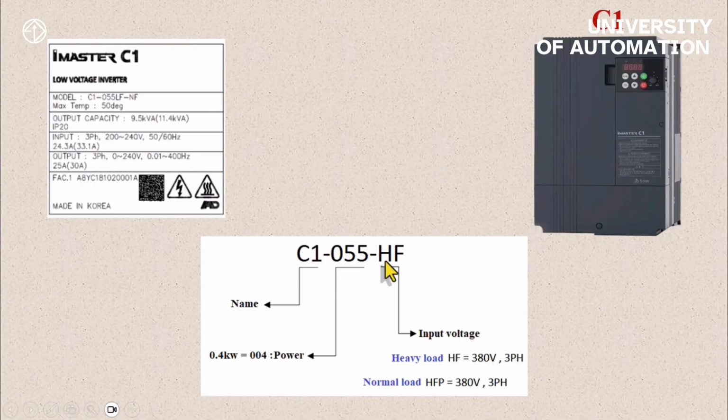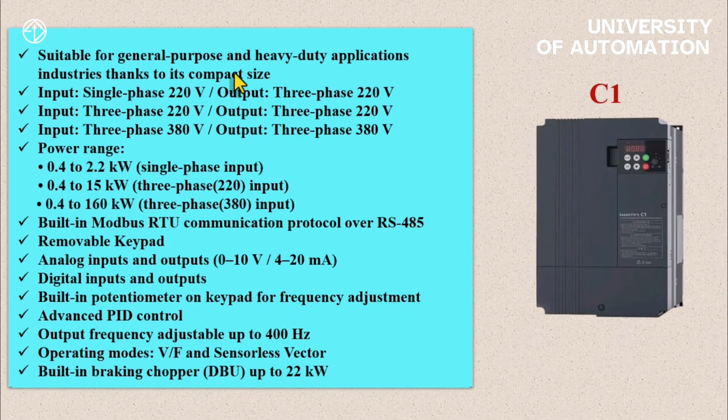The last part, after the second dash, specifies the input voltage of this inverter. If it says HF, it means 380 volts heavy duty, and if it says HFP, it means 380 volts normal duty. If it says SF, the input is single phase, and if it says LF, the input is three phase, 220 volts. Now, as for the features of the C1 inverter from iMaster, you can also use the C1 inverter